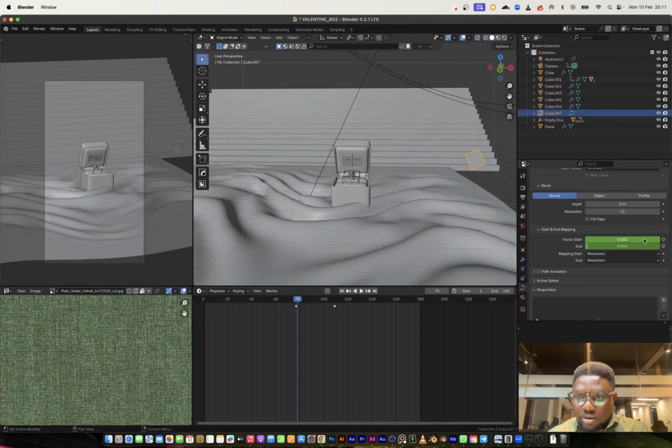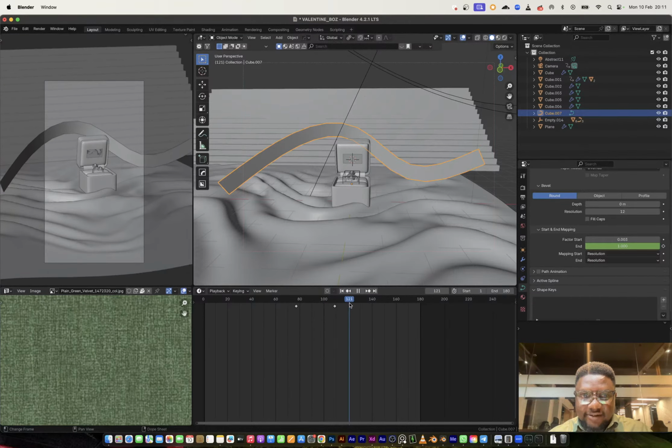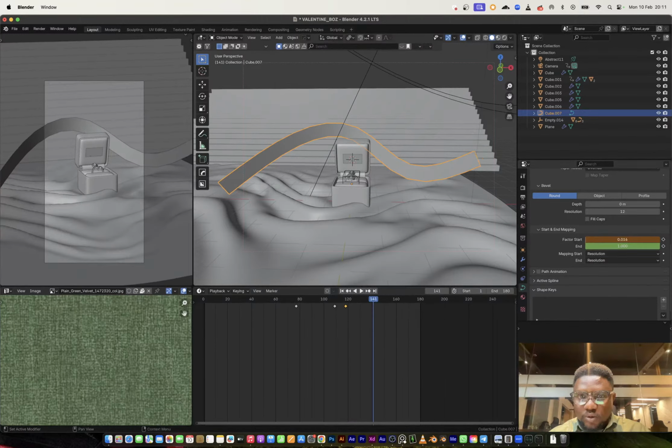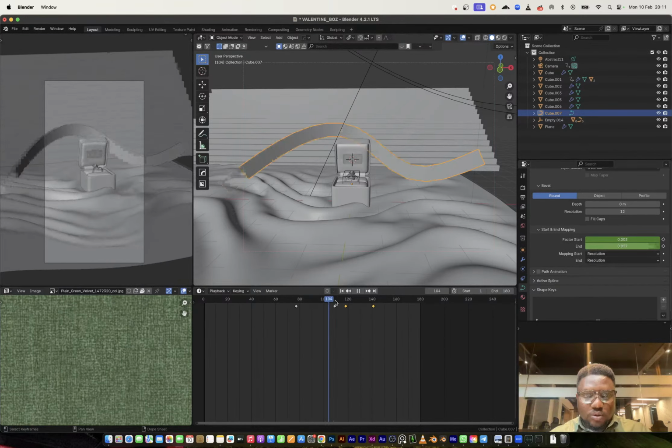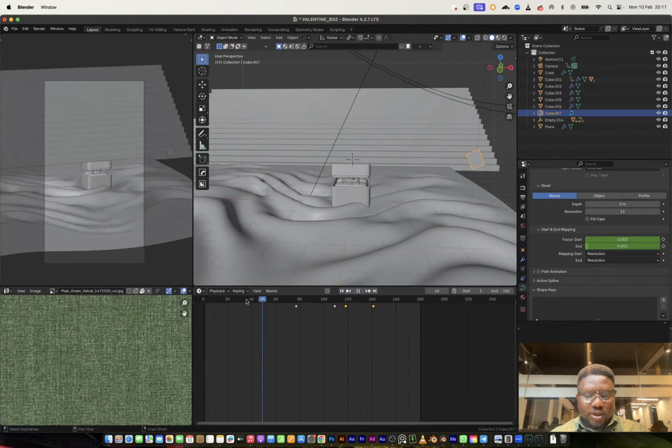Let me just right click, clear this keyframe. So we have this. I know that when it ends here is when I want this to start. So I can insert, move forward like so, increase this, and it closes off right here. So let's see what that looks like.